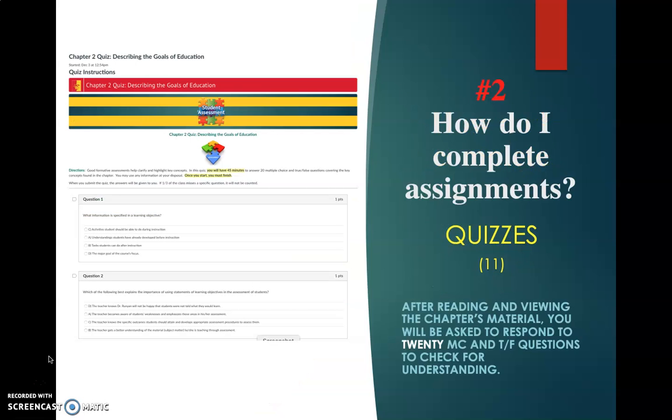As far as the quizzes go for each of the 11 chapters that you're going to look at, there will always be 20 questions. They're multiple choice and true and false. They're there to check for the understanding of the reading material. I'll give you feedback on how the class did at the next announcement. If more than a third of the people miss a question, we just won't count it. But you'll have 11 quizzes, of which we'll take the best 10 quizzes for